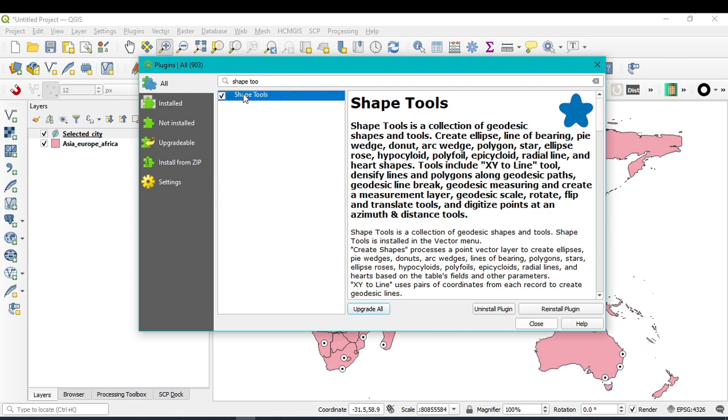Click here, and after that you can find the install option, and click here to install that plugin. I have already installed it.